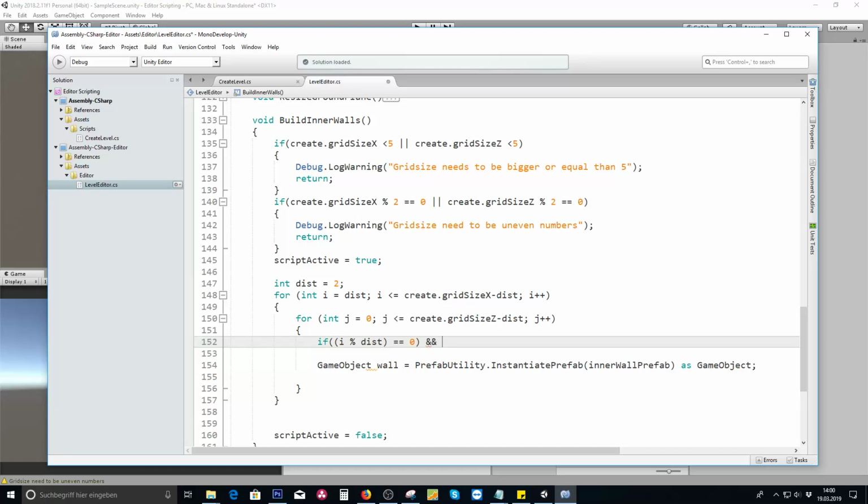Once again, you can rename them if you're confused. So in this case, j needs to be also modulo distance, so modulo 2 in this case. Somehow the parentheses are outside. If that is equal to 0, then we have even numbers, meaning every 2 times we're going to put this